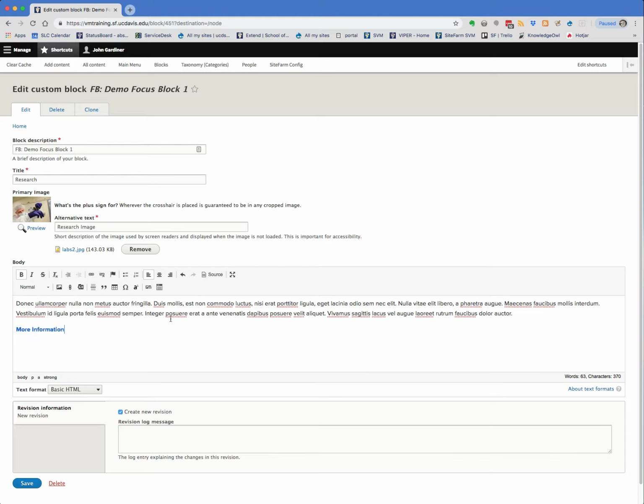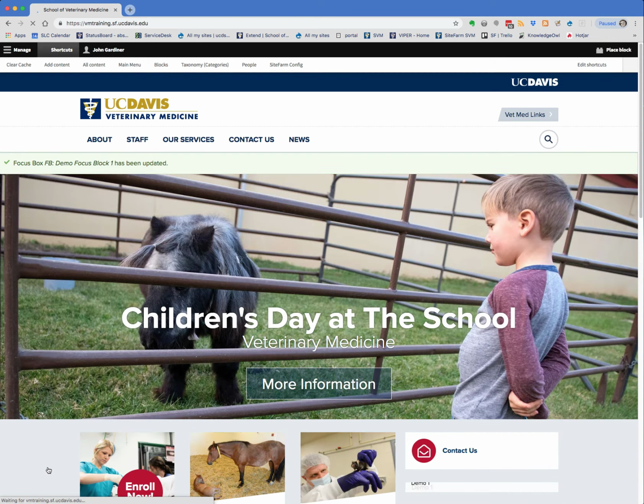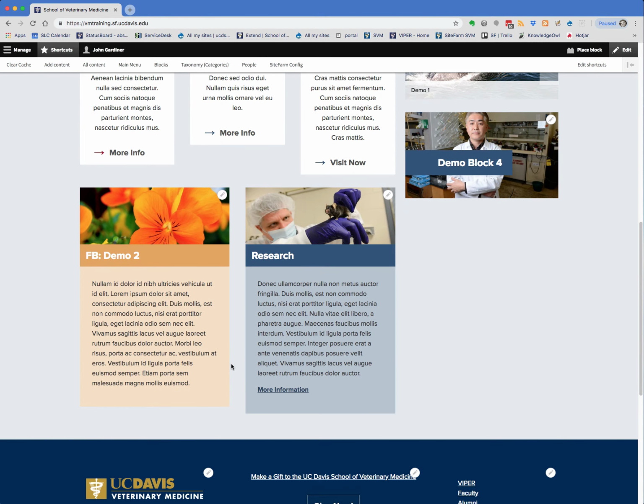So this text here is kind of teaser text. If you're going to take them to another place, you're just going to want it to be short and to the point, tease them, get them to where they want to go. And that is what you do there. I'm going to say save. And so now that's a link. I have my text and I have my image, research is right